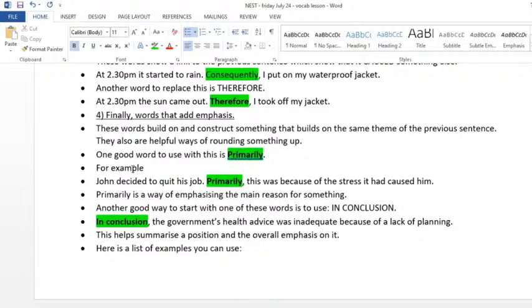For example, John decided to quit his job. Primarily, this was because of the stress it had caused him. Primarily is a way of emphasizing the main reason for something. Prime is a prime number,